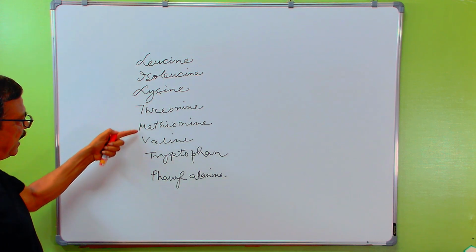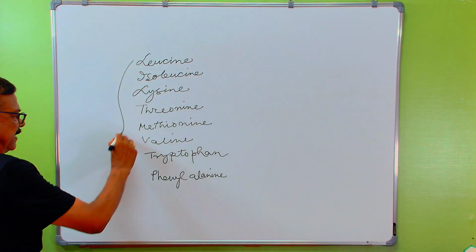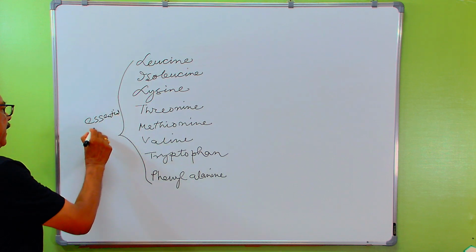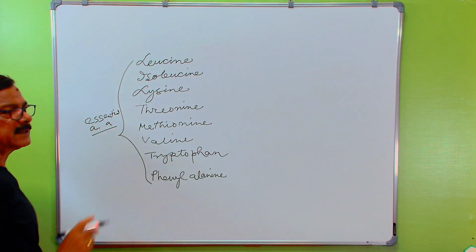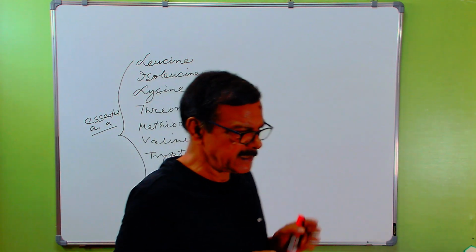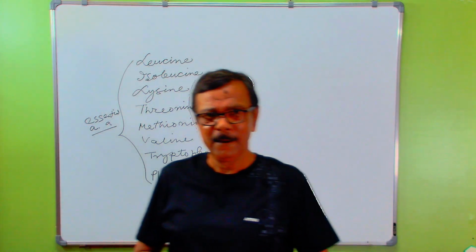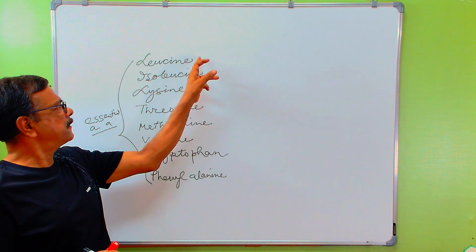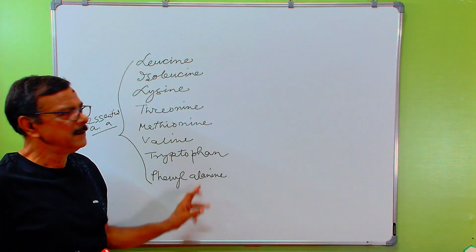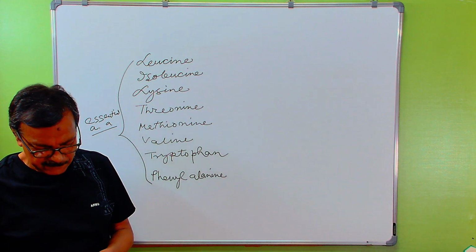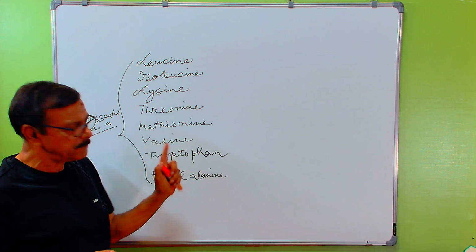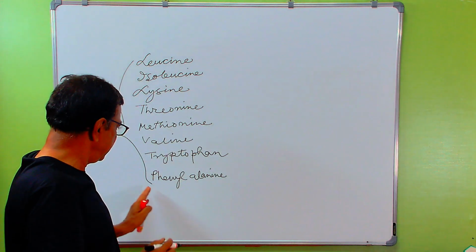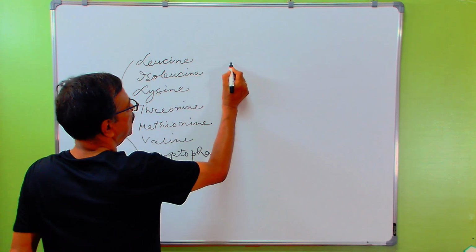1, 2, 3, 4, 5, 6, 7, 8. These 8 are called essential amino acids. Today there is a trend of taking protein. So what does protein do? We are taking protein, but protein is broken down to amino acids. These broken down proteins form the pure protein, whatever is required in our body will come. Then besides these 8, there are 2 more,